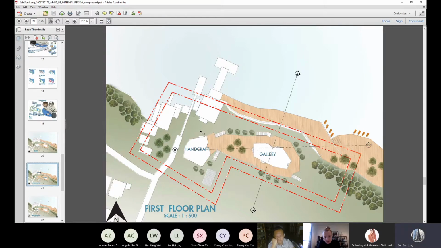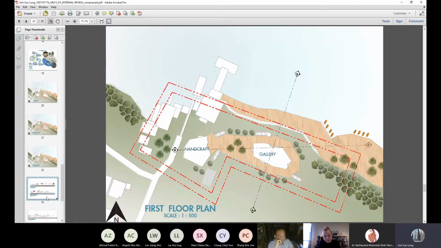Then go to our first floor, with the gallery to showcase, while downstairs is the textile studio. Then maybe they can design some fashion things, and have a showroom at the gallery. Then the side one is the handcraft area to show the working process of making the textile. This is the first floor plan, the activity I propose.